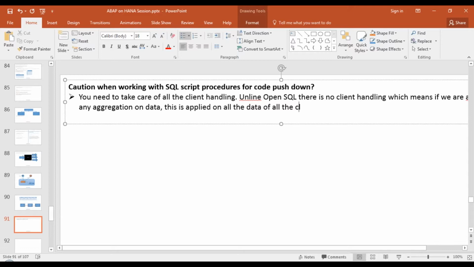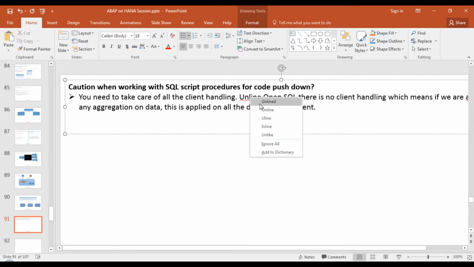Very important point guys, when you're doing a code push down using SQL script procedures. This is the biggest disadvantage of using SQL script procedures for doing a code push down. Very important point. I hope all of you agree to this point. That is the reason you need to be very careful.